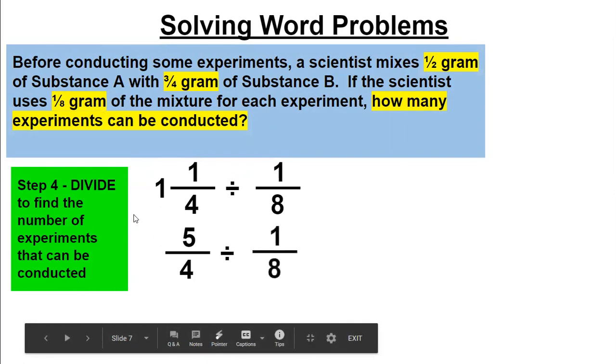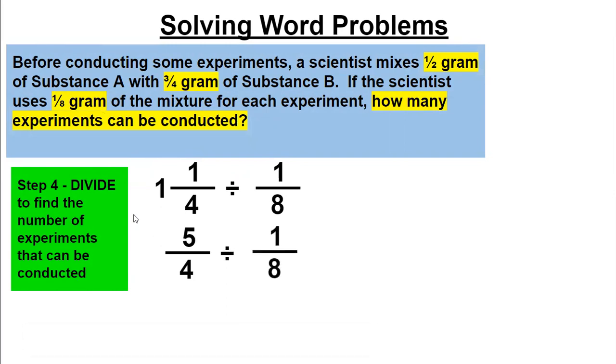Now I use keep, change, flip. Again, if you've forgotten how to do that, go back and watch the video on dividing fractions. 5/4, keep the first fraction, change the sign to multiplication, flip the second fraction. 8 goes on top, 1 goes on the bottom. Cancel where you can